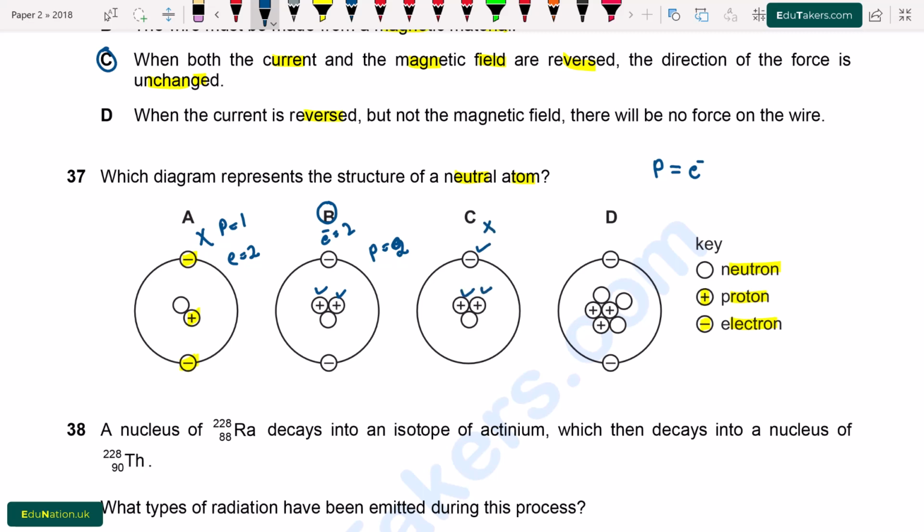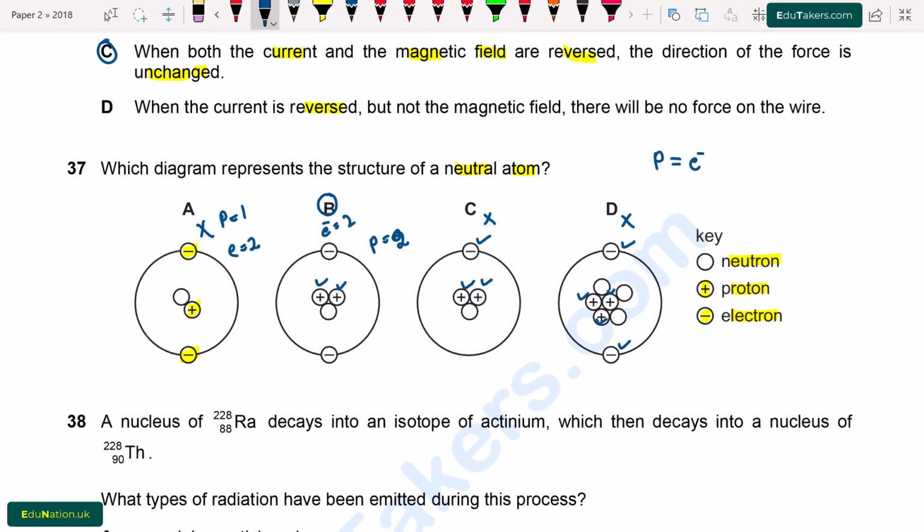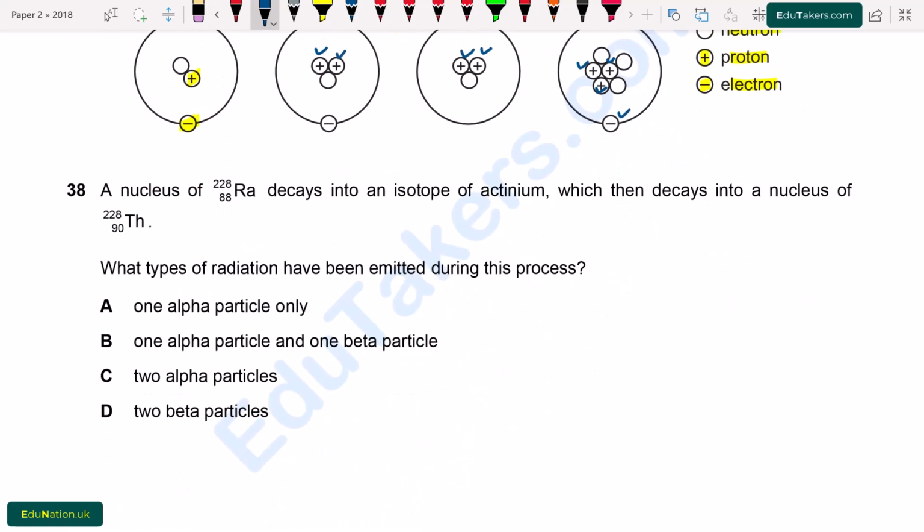In D, we can see here 2 electrons and 3 protons are present, due to which option D is also incorrect. Only option B is correct. Question number 38. A nucleus of Ra with atomic number 88 and mass number 228 decays into an isotope of